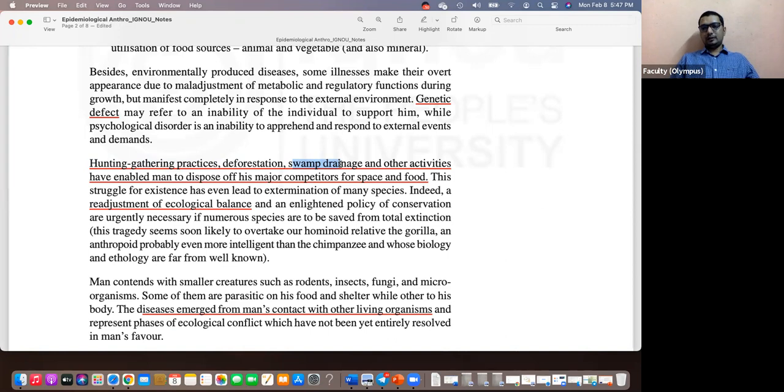So draining certain areas, right? Or in the process of preparing dwellings or houses, we started producing ways where water can store. Agricultural practices, rice cultivation for example, water can stay. What happens? Water is a good source for mosquitoes to breed. So the problems have started stemming up because of human activities: hunting, gathering, deforestation, swamp drainage, other activities like agriculture, as I was telling you, building houses, industrialization or urbanization. All these things started to provide an environment where infectious agents can thrive and spread.